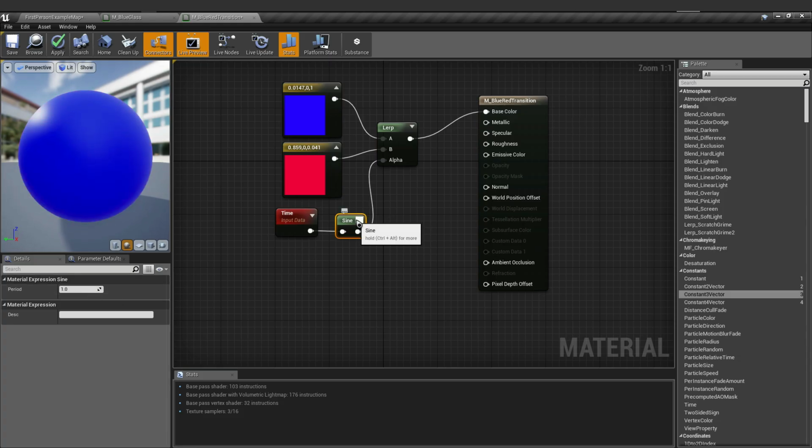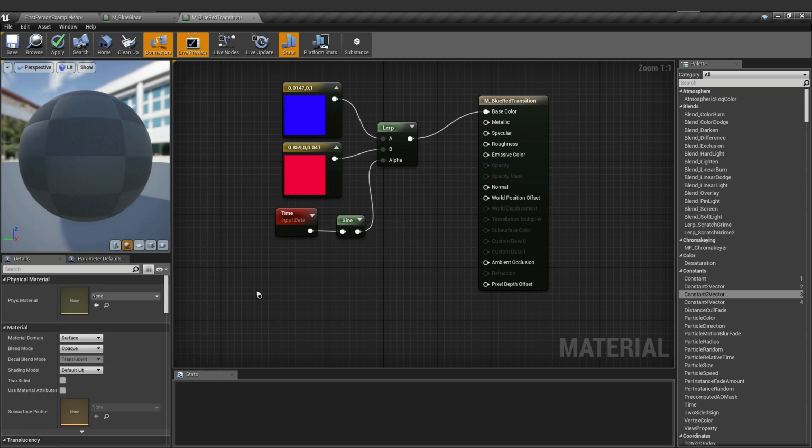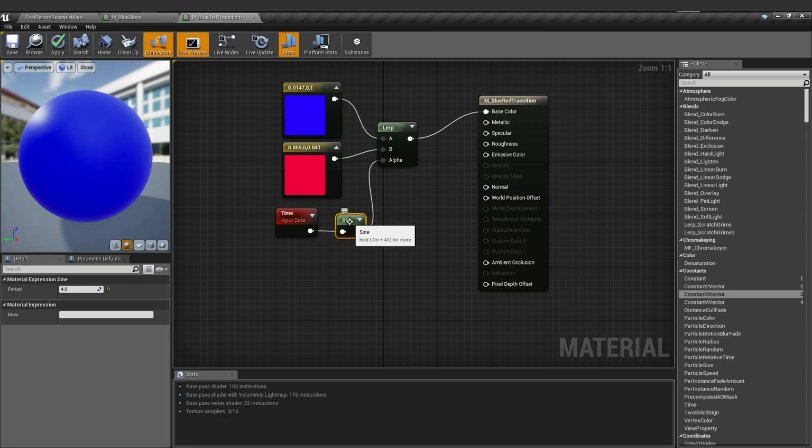To make the transition of our color slower, all you need to do is increase the value of the period in sine. Let's say we change it into 4. And as you can see, the transition of red and blue gets slower. The higher the period you apply in sine, the slower the transition of the colors in the base color.